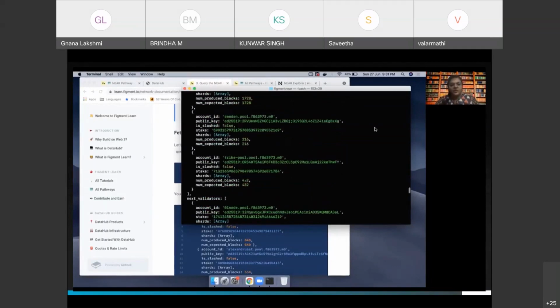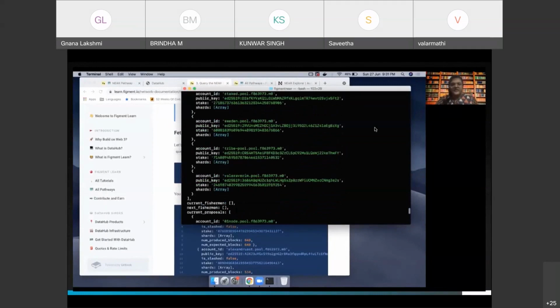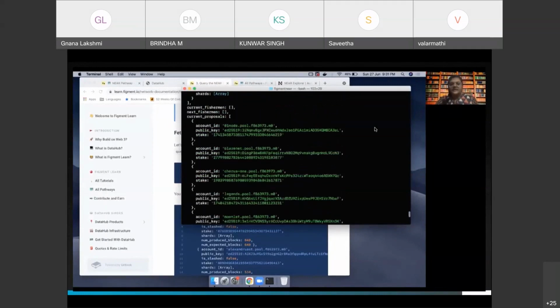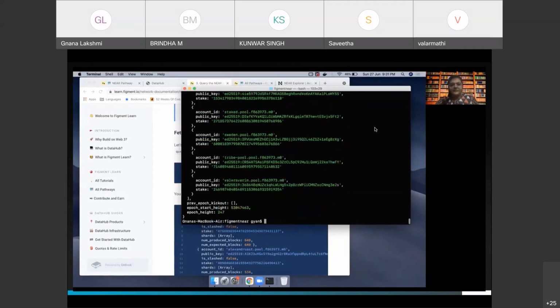You can also see those who are next validators, current validators and next validators. Then current proposals, you can see that as well. The epoch start height. Okay, so you can see all of the validators who are currently in the ecosystem, right?